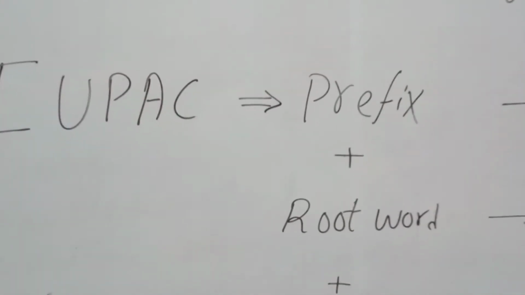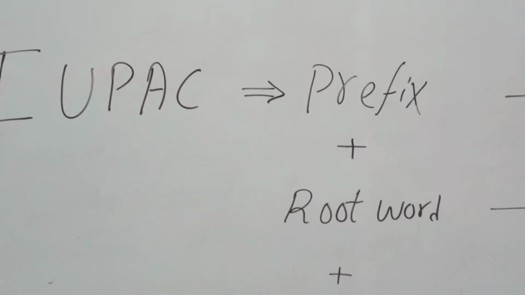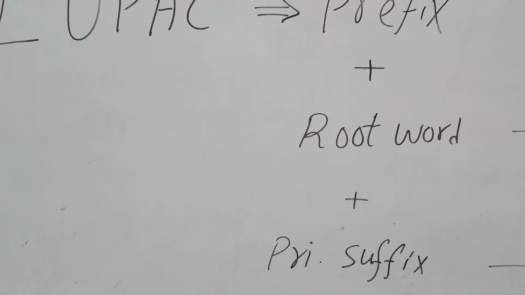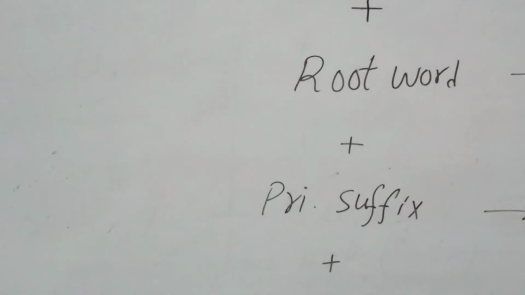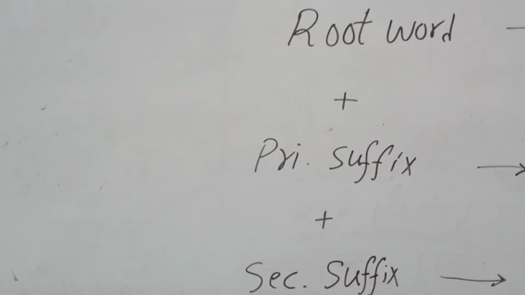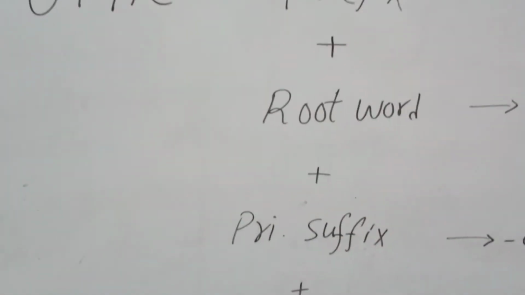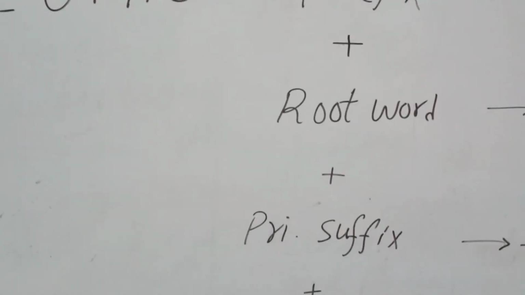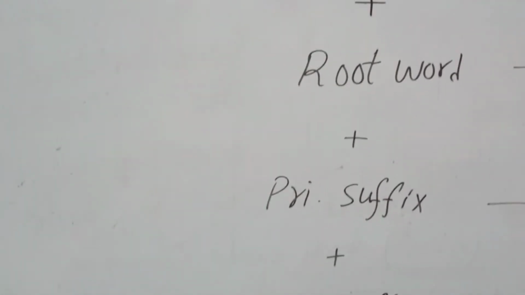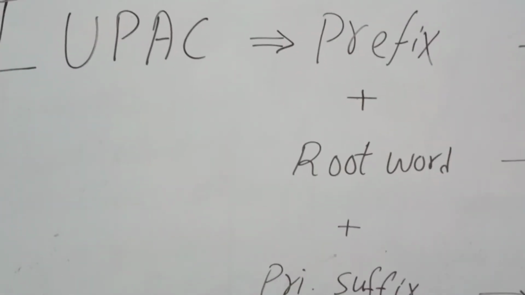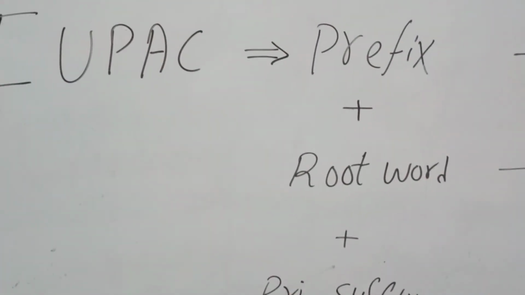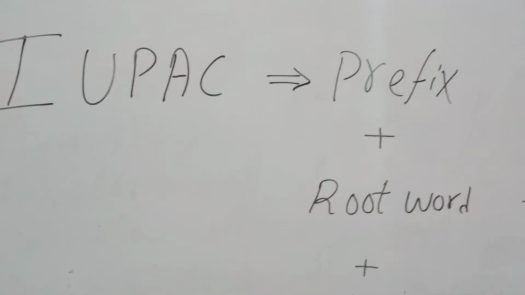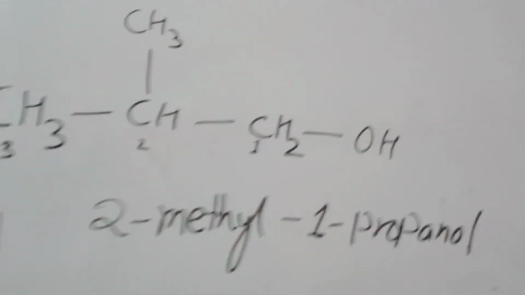So, as you can see here, the prefix is followed by a root word, and the root word is followed by the primary suffix, and the primary suffix is then followed by the secondary suffix. So all these components are ultimately used in a very systematic order for naming an organic compound. Now, how ultimately these components are used for systematic naming of an organic compound, I will further explain on the basis of this example. As you can see here,